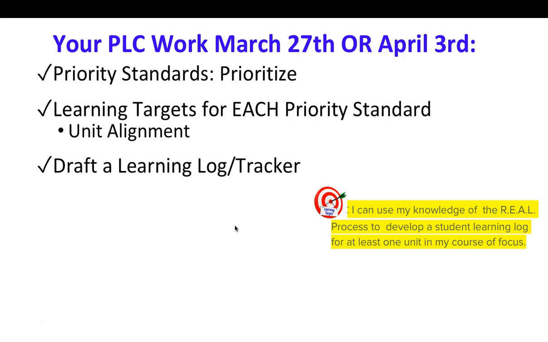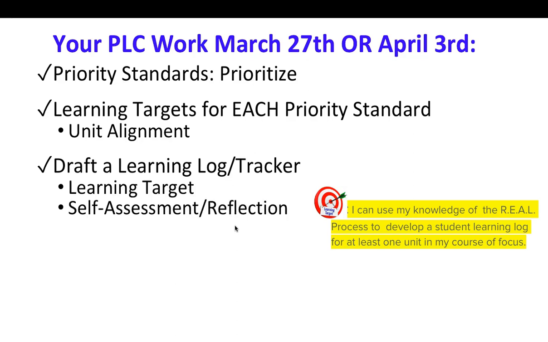So this is the work that we want you to accomplish on March 27th or April 3rd. We know this is ongoing, but begin to put an honest effort into developing a draft of a student learning log. So again, that student learning tracker should have a learning target, a self-assessment reflection,